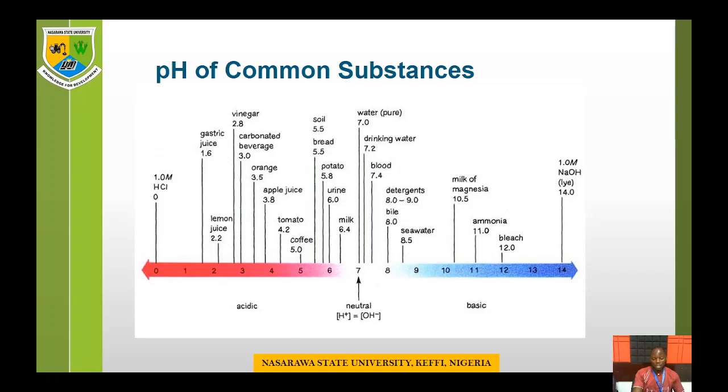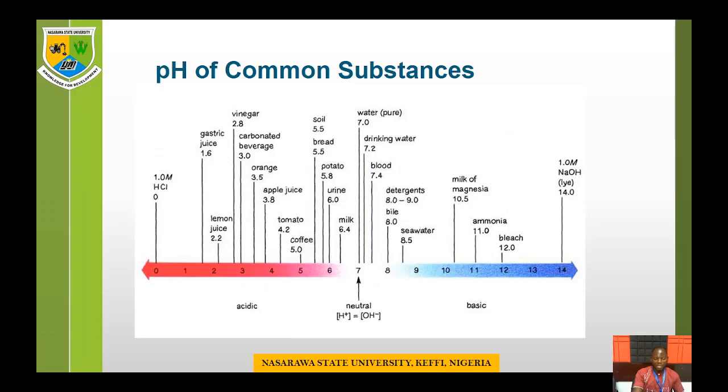So it is important to know their pH, and that is why that has been done, so that we can have an idea of the kind of substances we are dealing with, whether they are acidic or basic. So on this scale,